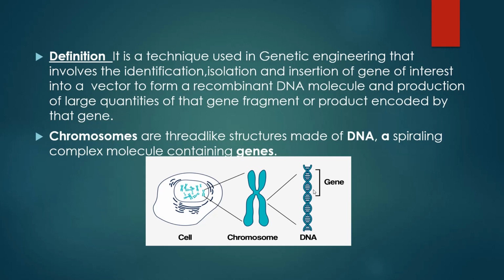For example, in this topic, if you take the insulin gene, it is produced into a number of copies. The product encoded by the insulin gene is nothing but the insulin hormone. If you want to produce a bulk quantity of insulin, what are the main steps involved in the production of the insulin gene? That means a clone of the insulin gene.